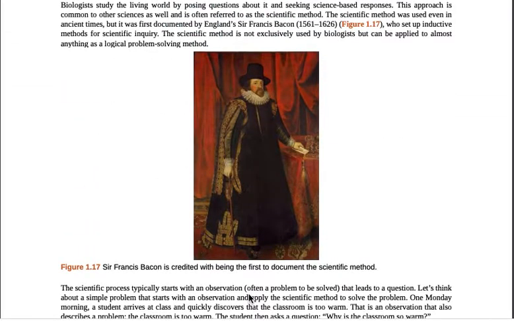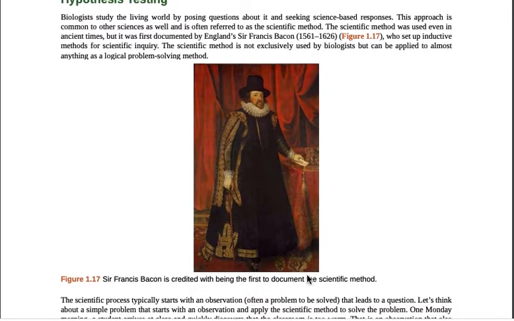We'll go to Sir Francis Bacon, who was the first person to document the scientific method. Okay, so